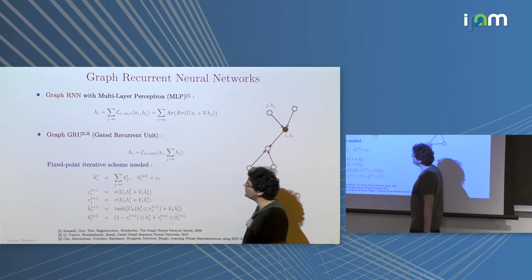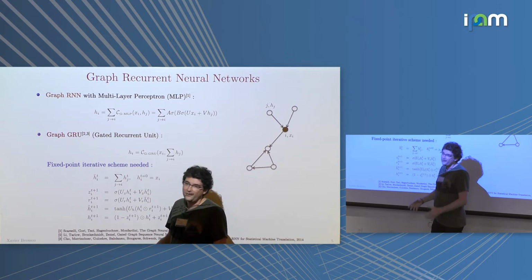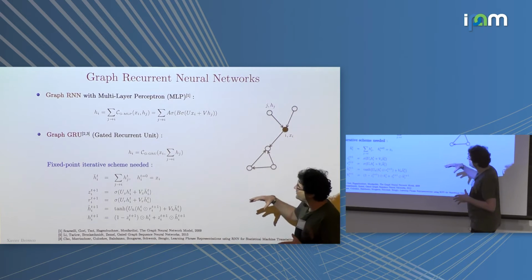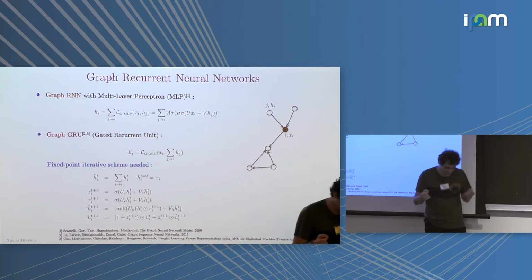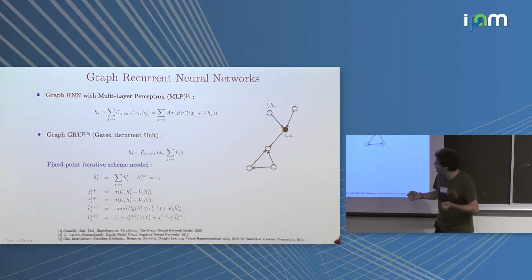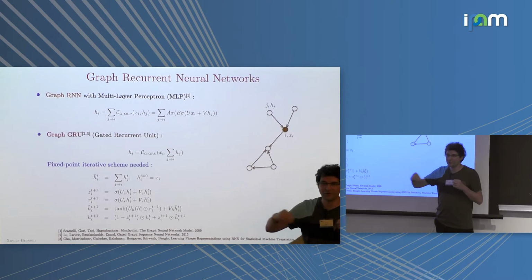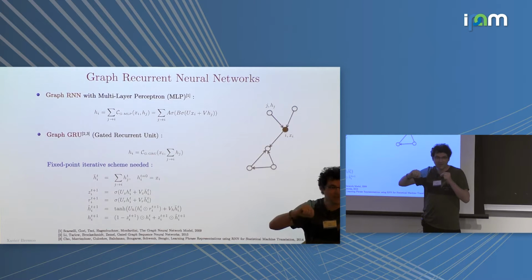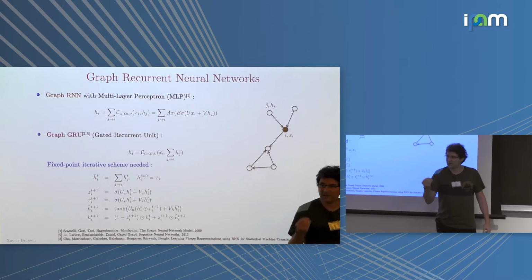And then, of course, you have better neural networks, like recurrent neural networks. This class of neural networks can analyze long sequences independently of the size of the sequence. So people designed graph RNNs, like a graph GRU, or graph LSTM, if you know LSTM in natural language processing. But the thing here is that the graph is completely arbitrary. So if you know LSTM, you know that to compute the representation, the embedding of the vertex i, you have a special structure in natural language processing. It's a long sequence. It's basically a directed acyclic graph, okay?